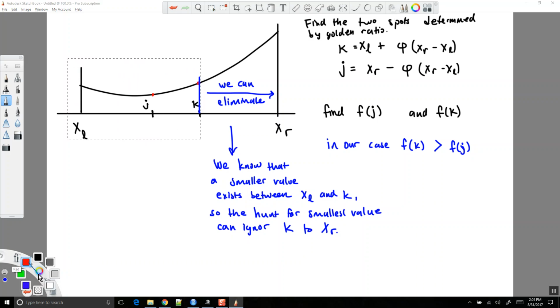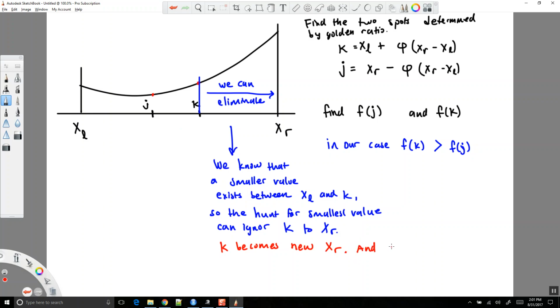So K becomes our new XR. K is going to become the new XR. And the advantage of using the golden section search, by using K as the new XR, is that J becomes the new K, right? I don't have to find two new locations and recompute f of j here. K becomes the new XR, and J